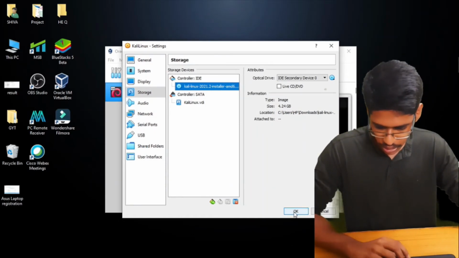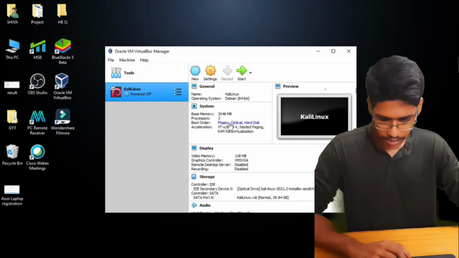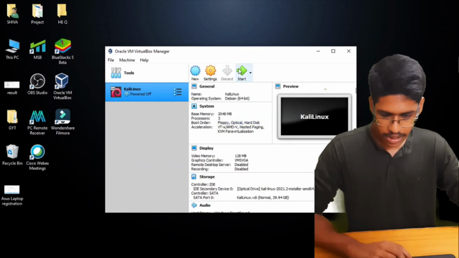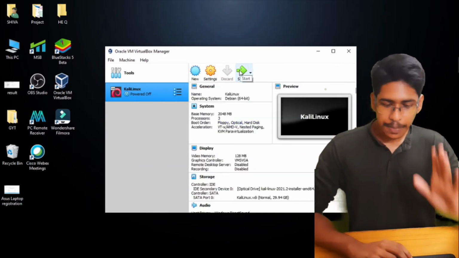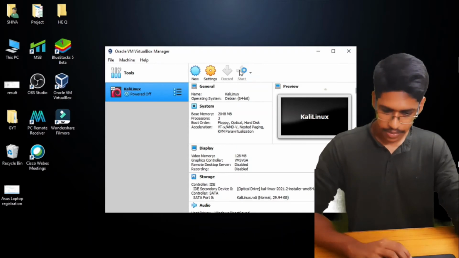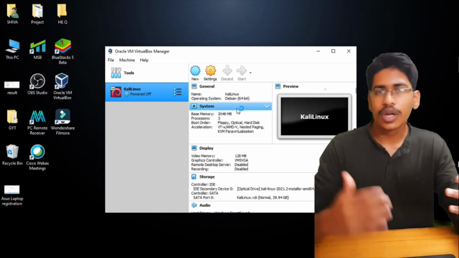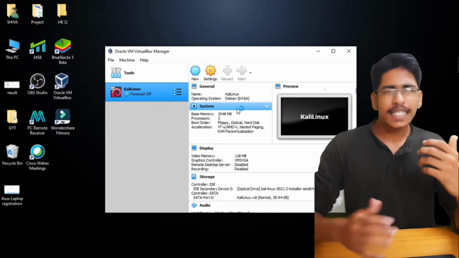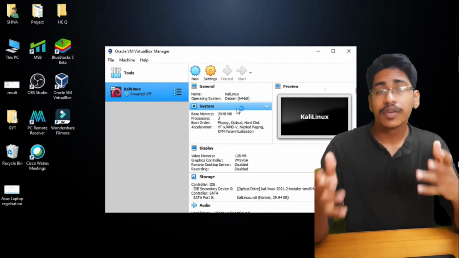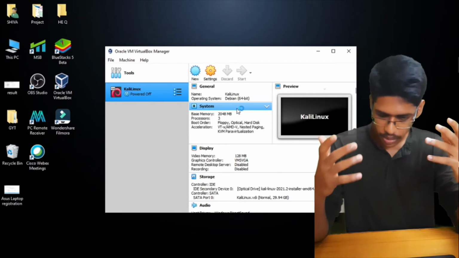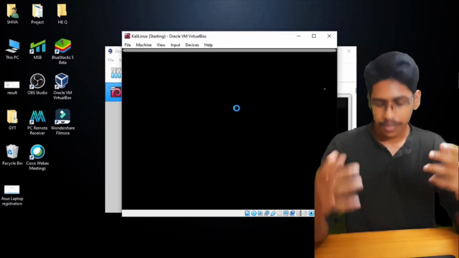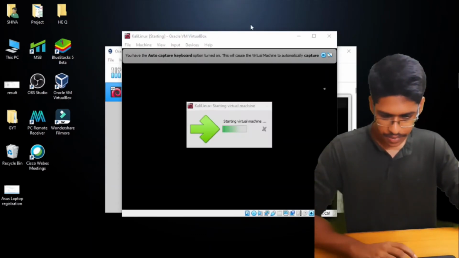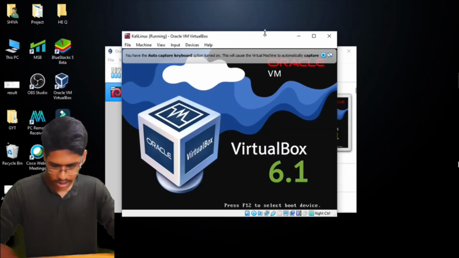Okay, so once you do that, click OK. It's done. Now let's completely set up the Kali Linux. Yeah, there are a certain few number of steps that will be opening. It takes time sometimes, and either way my RAM is a little bit low, so it takes a little bit more time. It's just 8 GB. I'll increase the size.